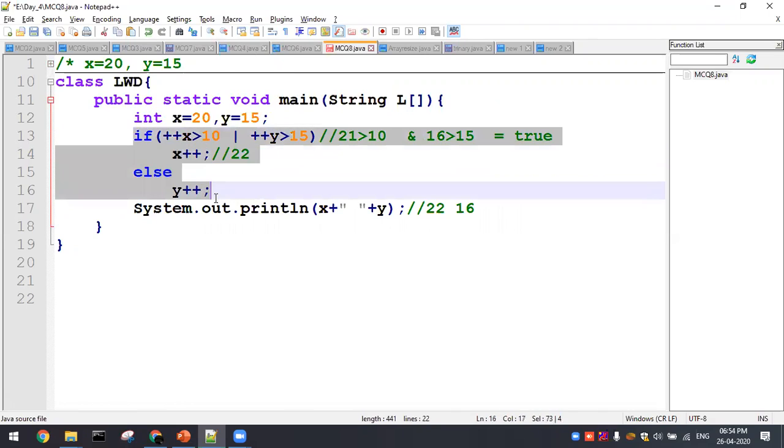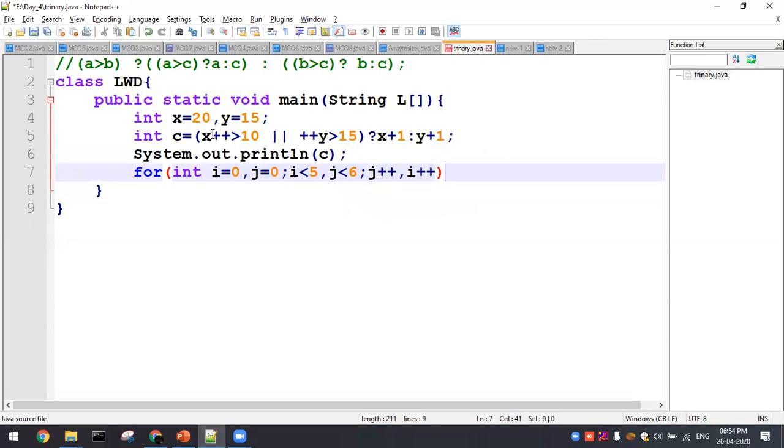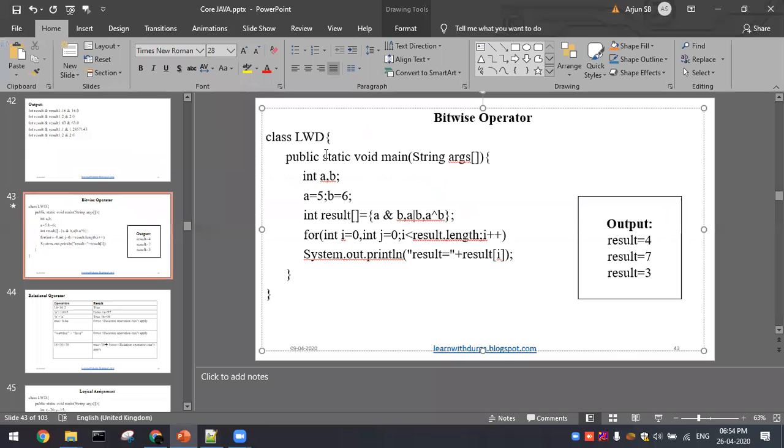So instead of writing a simple if else part, I'm just going ahead with only one line statement, that is called a ternary operator, right? The same example I'm going to replace with only one line. So I'm just checking a condition with the help of a question mark. If it is true, I'll evaluate the true part, the first part. The second part is going to be the false part. The syntax of this is nothing but